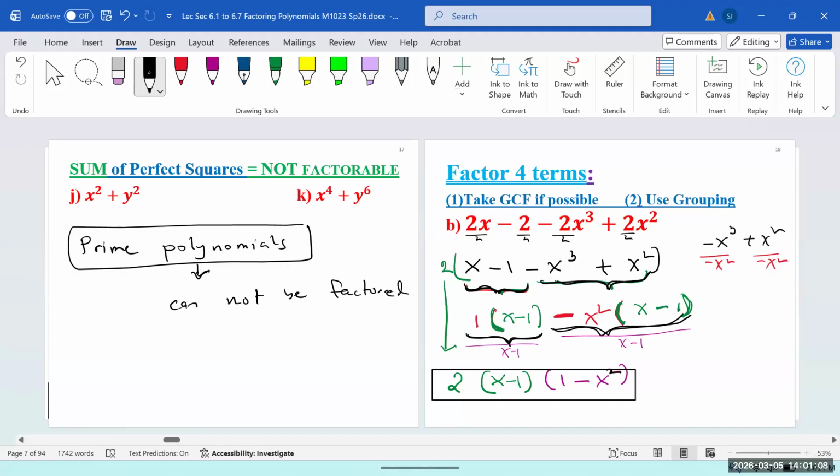So start from the beginning. We have 4 terms, so we group them. Group 1, group 2. In group 1, we have 1 common, so we left x minus 1. In group 2, we have negative x squared common, so we left x minus 1. Now, if you look at both groups, do you see the same thing in both groups? x minus 1. So you factor that out, and then you just bring it down. Okay. So from the first group, you factored that out, you left 1. In the second group, you factored that out, you left minus x squared. And that's how you got the second factor.